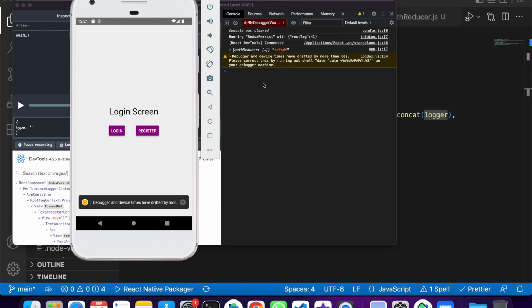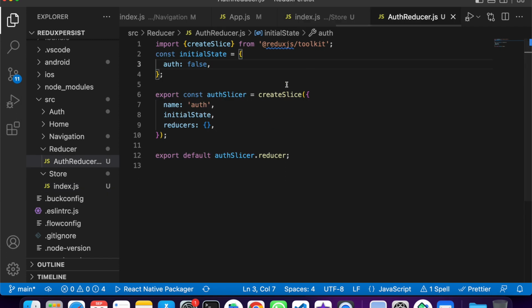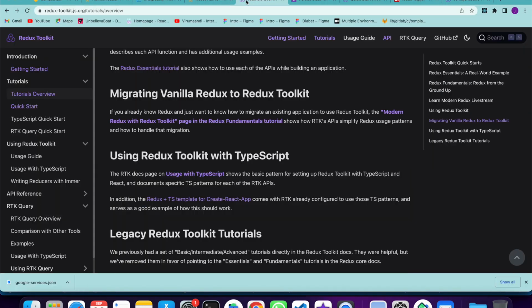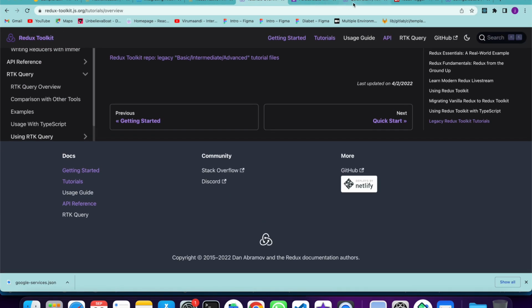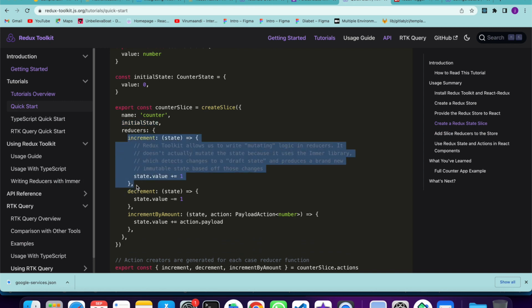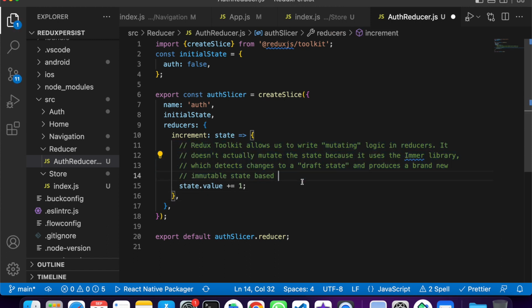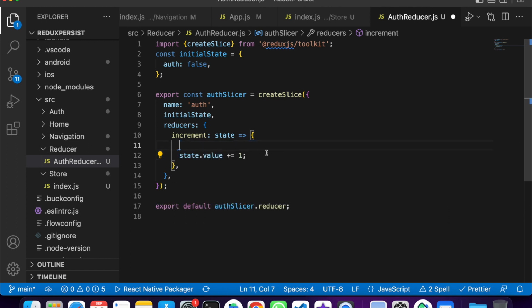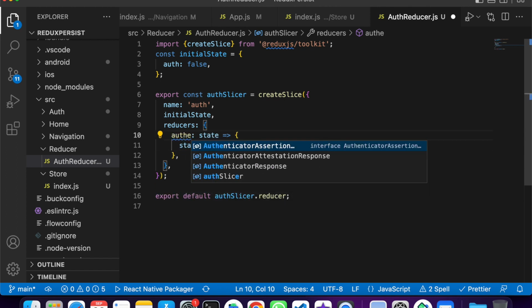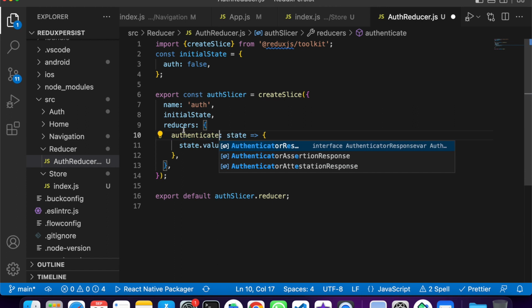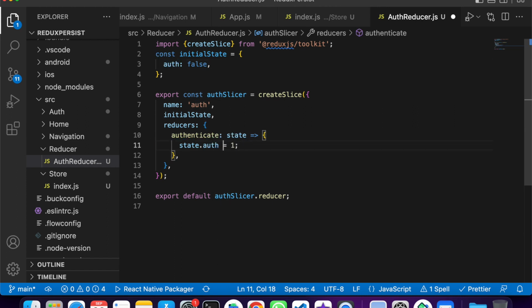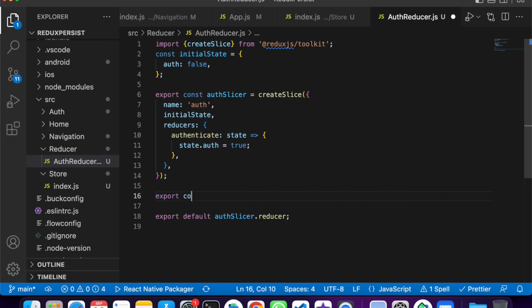Yes, as we have not dispatched any action, nothing will come here. So we can just go into our auth reducer. We can just create an action here. For that, we can just go into the older Redux Toolkit example. Here is the example. Here I am just adding this action. Perfect. So what it is doing is it will increment the value to 1, or we can just authenticate. We can just have a method authenticate. So on authenticate, I am just making this true. So we can just check this action is working properly. Here I need to export this one, export const authenticate from